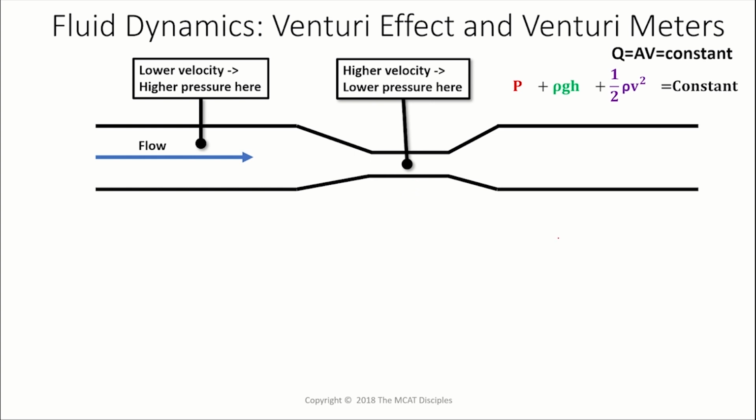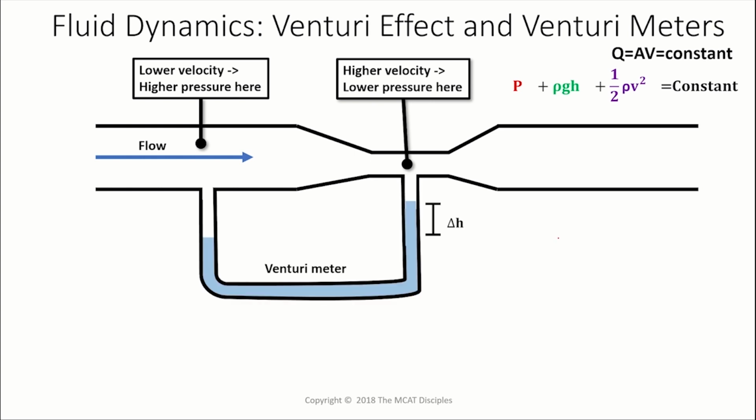And a Venturi meter is essentially a U-tube that measures the pressure at different areas and hence allows you to calculate the velocity at different areas based on that pressure difference. Now, the Venturi meter, again, some of these tools are redundant, but the Venturi meter can be used when the pressure difference is pretty great, because if you try to use the Venturi meter between here and here, you wouldn't be able to do it.